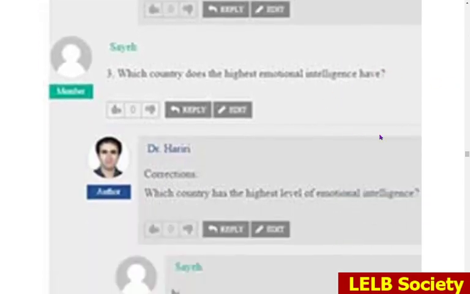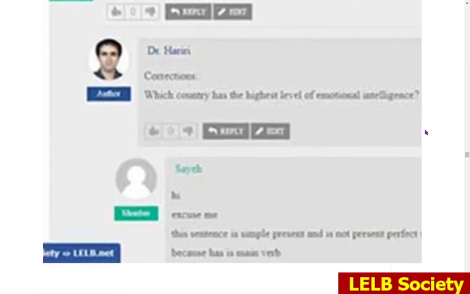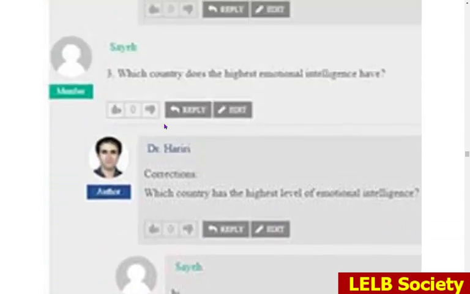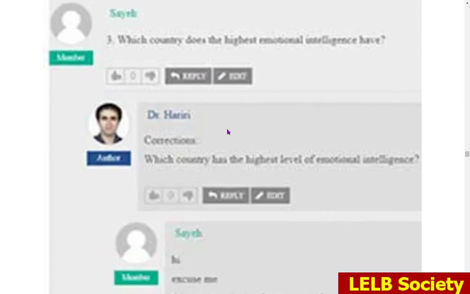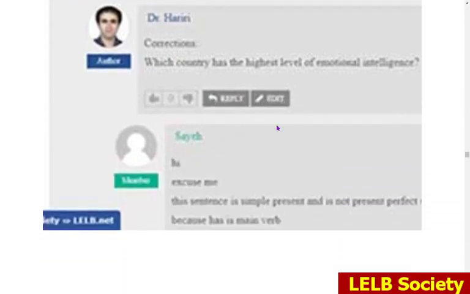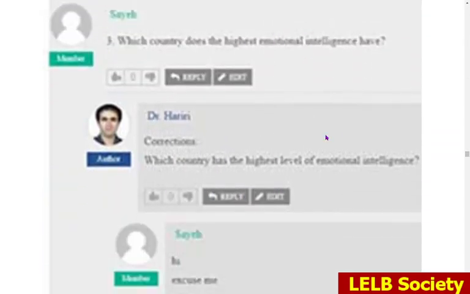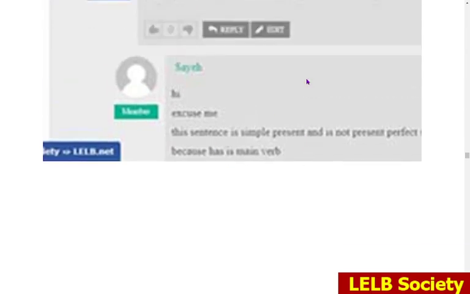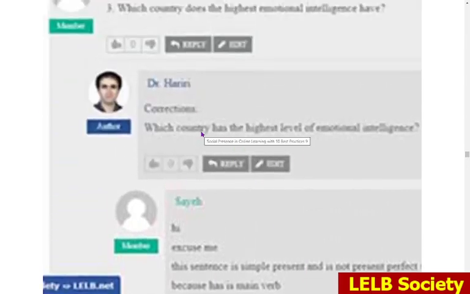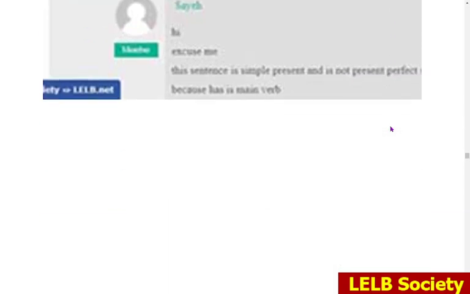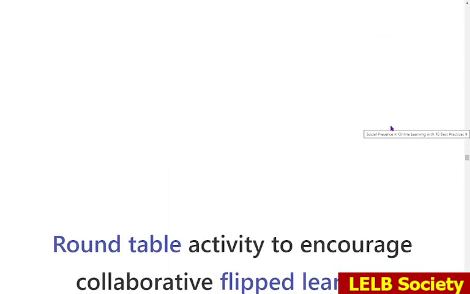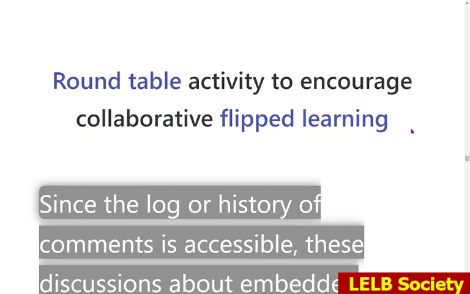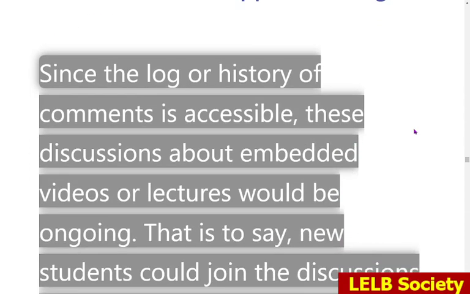This is the screenshot I have taken from one of our roundtables. As you can see, there have been a lot of questions and replies and comments. This portrays just one section of the roundtable. Roundtable activity to encourage collaborative flipped learning.